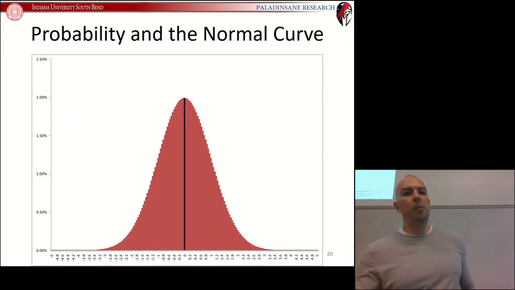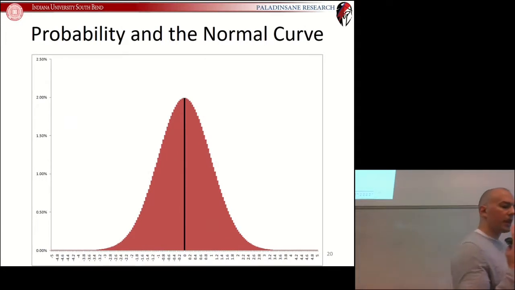All right, so with the normal curve and probability. We talked about probability last time. We talked about proportions. We're going to talk about it specifically now with the normal curve, because that's a curve that comes up over and over and over in psychology and in statistics. So we're going to take a look at how we can answer questions